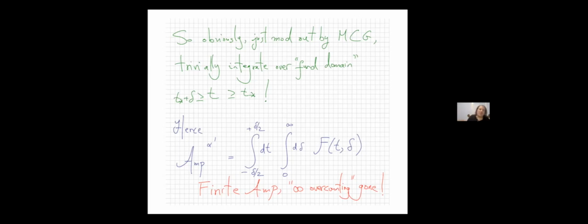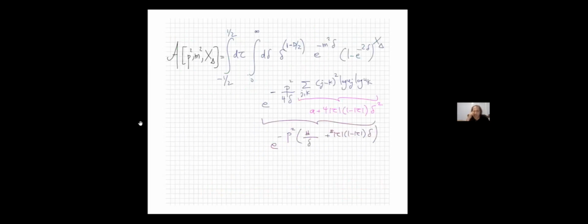Here, finding the notion of the fundamental domain ends up being where it should be, at the level of the integral over the whole moduli space instead. But in any case, in this concrete example, that's just what happens. And this is what you actually get. So when you do the integral over L, it's like some of our previous examples that we saw. So we have these kind of factors here. I've included the u to the delta factor. And now from the Gaussian integral over the loop momentum, you get the following kind of cool expression: the sum over j and k, (j minus k) squared log u_j log u_k.